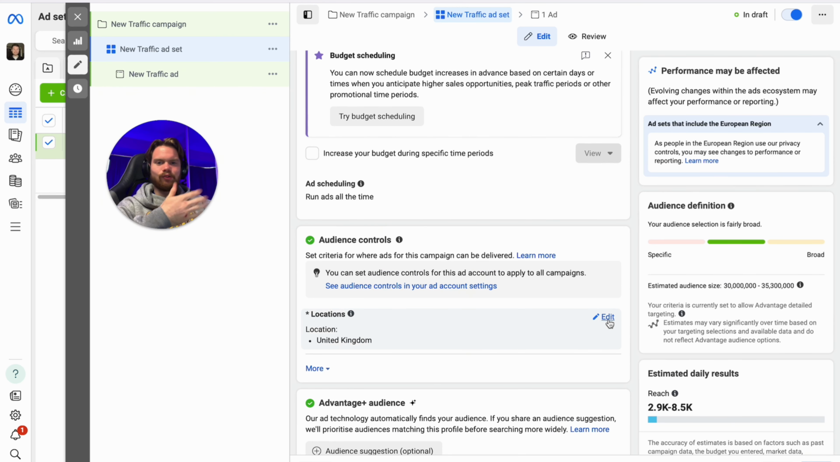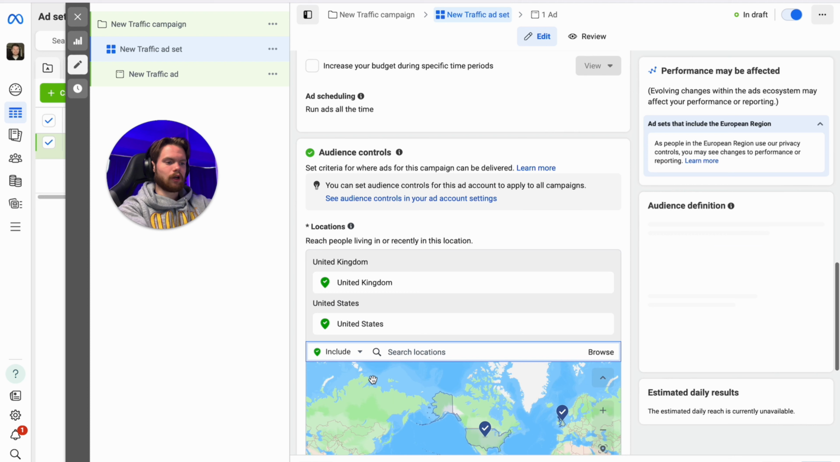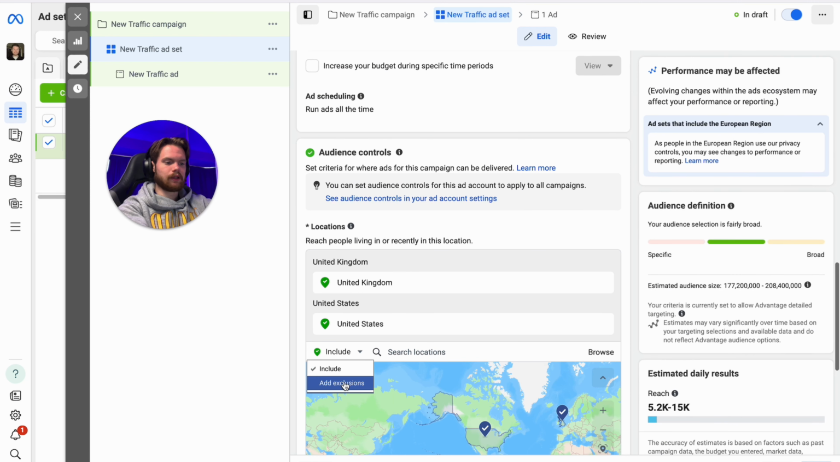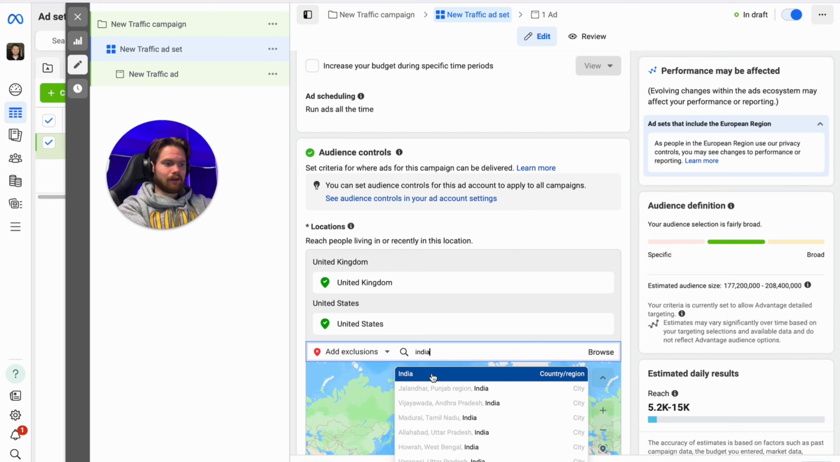For me, if you target a certain country, you're going to go to them, but for me it's United Kingdom and United States. And I don't see a lot of people speak about this, but I like to come here, click on here and go add exclusion. So this is who I do not want it to go to, and no offense to these countries, but I just don't want it to go to India,